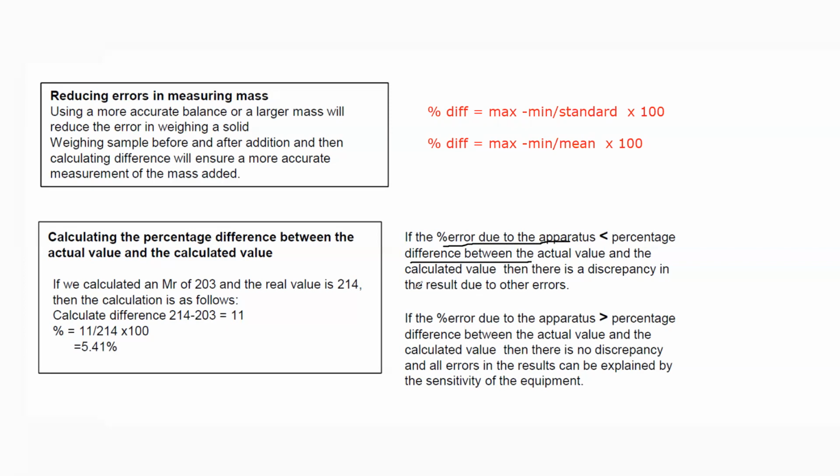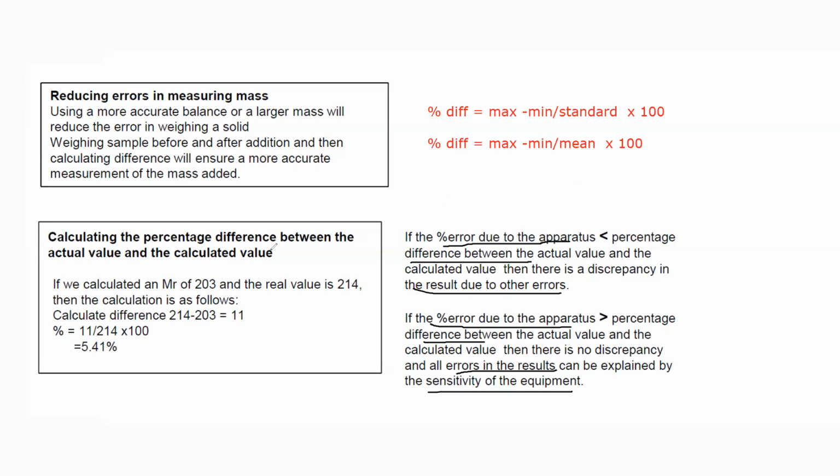due to other errors, maybe random errors. But if your percentage error due to the apparatus is more than the percentage difference, it means your results are wrong because of the apparatus. If your apparatus is not accurate, then the percentage error will be high, because sometimes they give you, like, a student performed the experiment,